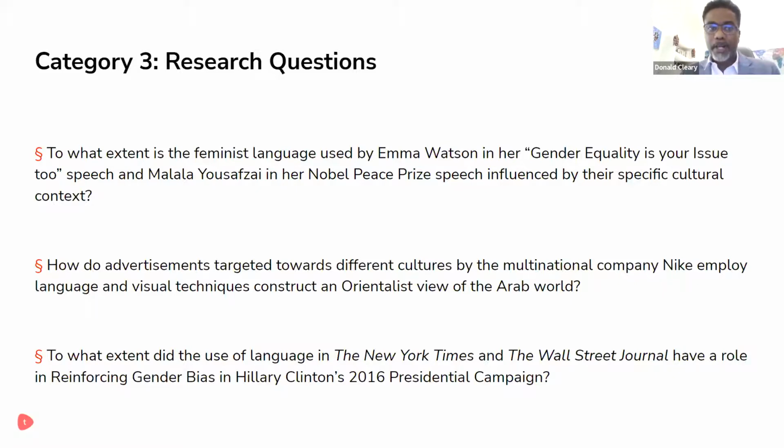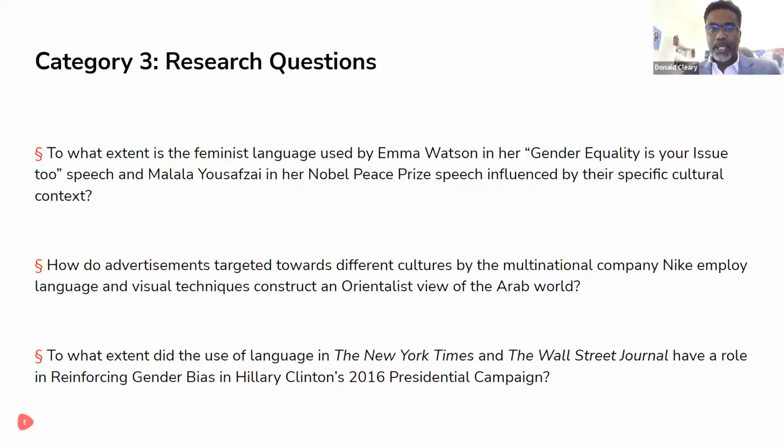So if you look at the 3 exemplars there, the word language is actually worded into the research questions to ensure that the student stays focused on language elements. Unlike category 1 and category 2, where I said the focus should be on theory, for this one, to some extent, you might want to think about linguistic elements to focus on a particular